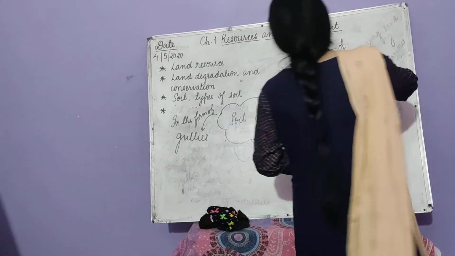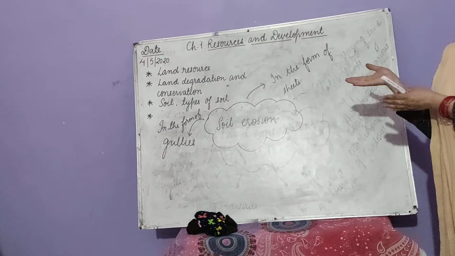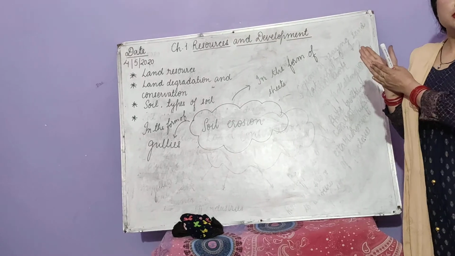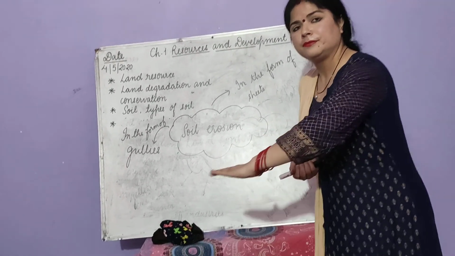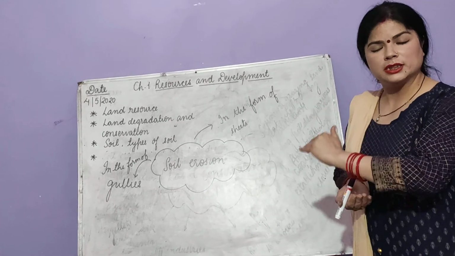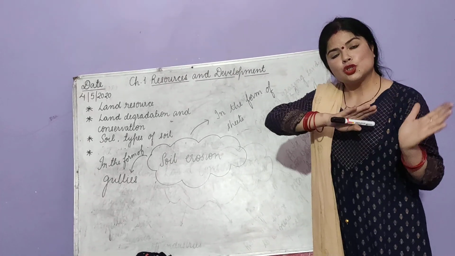Second is in the form of sheet. What happens under this type of soil erosion? Water flows in the form of a sheet on the topmost area of the earth and then sweeps away